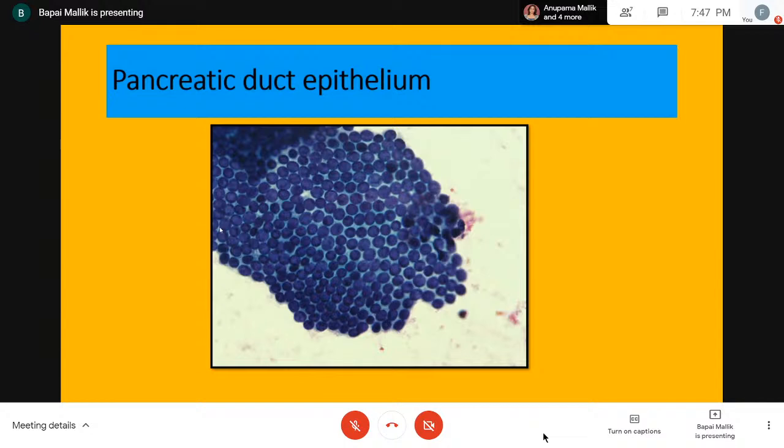This is pancreatic duct epithelium. As you can see over here, they are recognized by this very evenly placed honeycomb pattern. And look at the even spacing. The appreciation of this is very, very important, because we are going to deal with this in detail in the next webinar, when you are going to see how they compare with well-differentiated pancreatic duct carcinoma. So very, very even distribution of cells, but sometimes, even if it is not malignancy, you can start seeing a bit of folding, a bit of overlapping. But in this particular slide, you can say for sure that this is benign pancreatic duct epithelium.